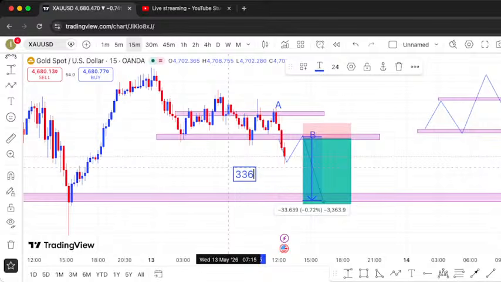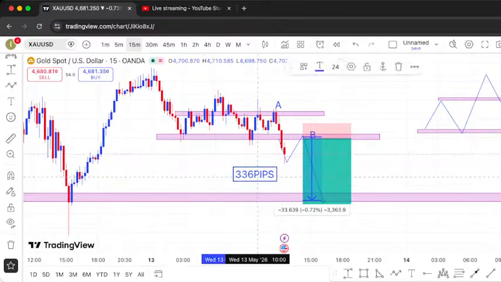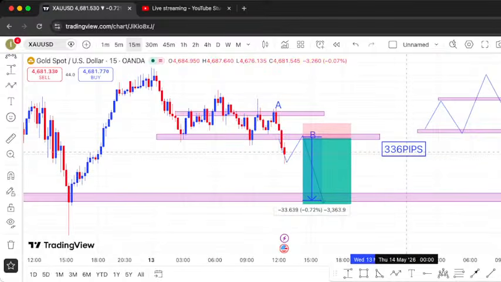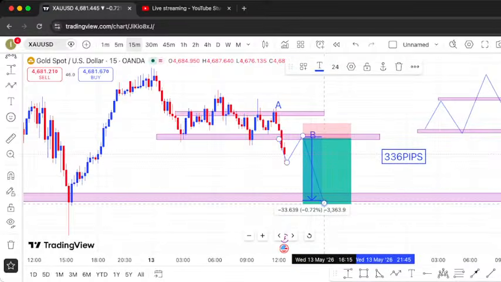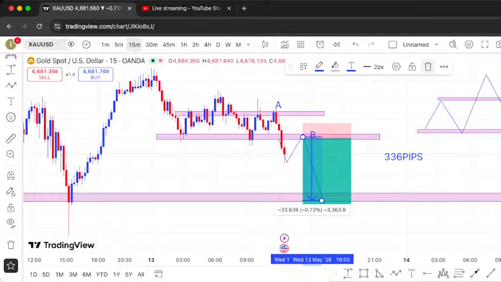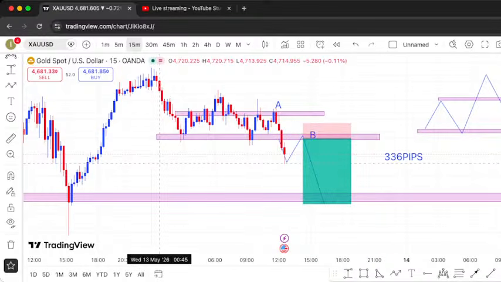But once it's confirmed, remember that. And remember the rule is once you have a confirmation, that's when you're going to take a trade. So some very, very good pips loading, guys, on gold because of a very good short position coming on it. So waiting at point B, we should be on an area of interest.